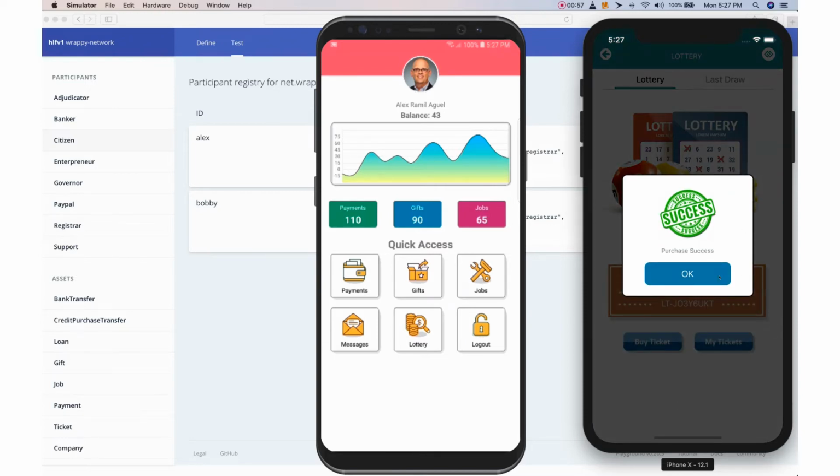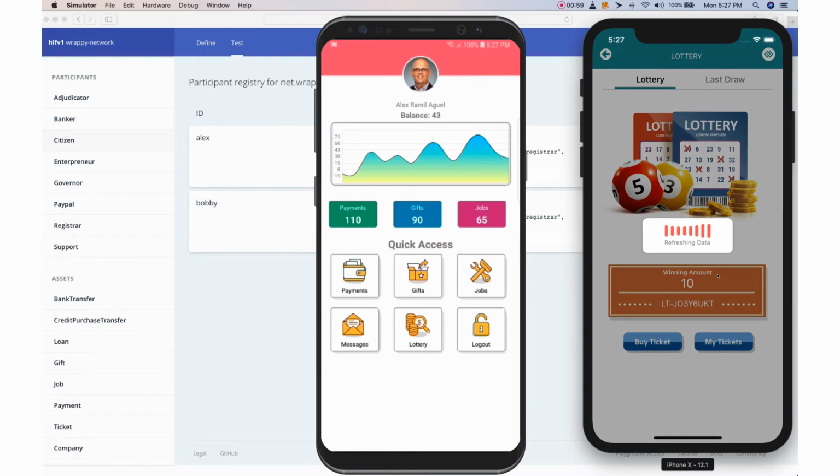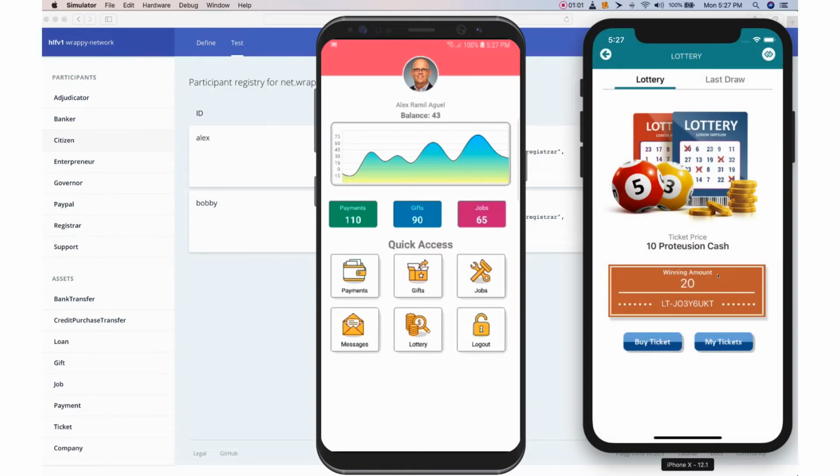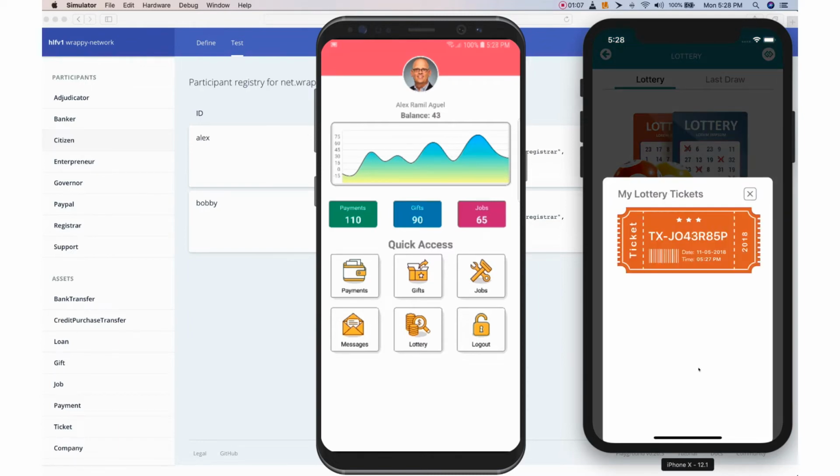Okay, purchase has been successful. And we can view the recently purchased ticket under My Tickets. And I can see my tickets right now. Now, there are several ways you can purchase a ticket. You can purchase multiple tickets